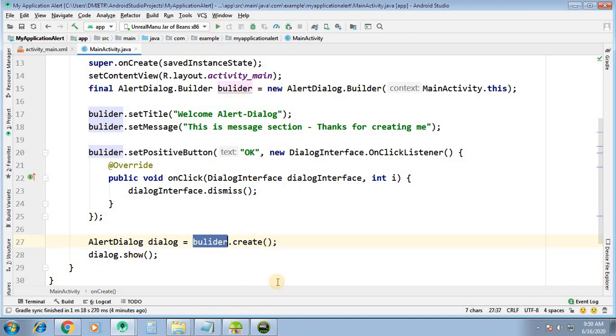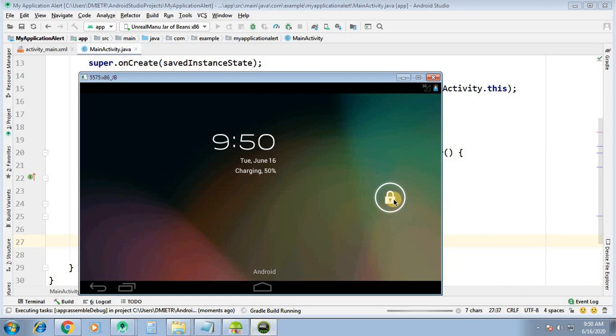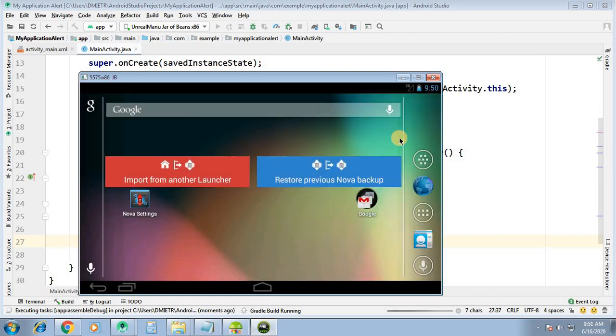Now you can see the output with the emulator. It's running.